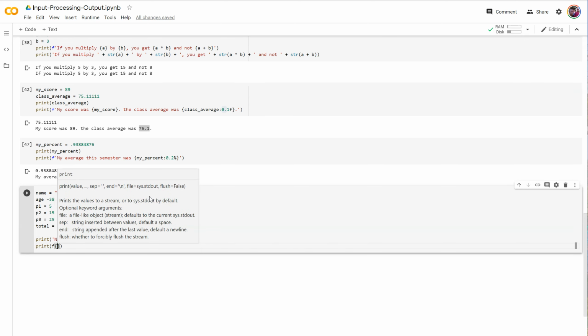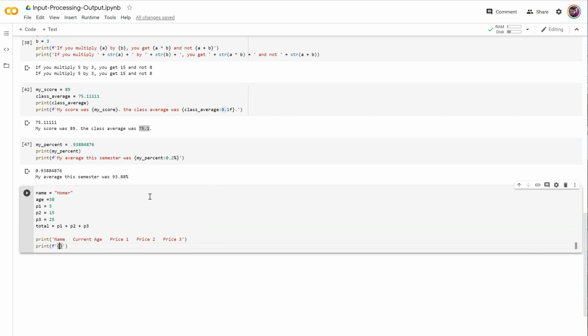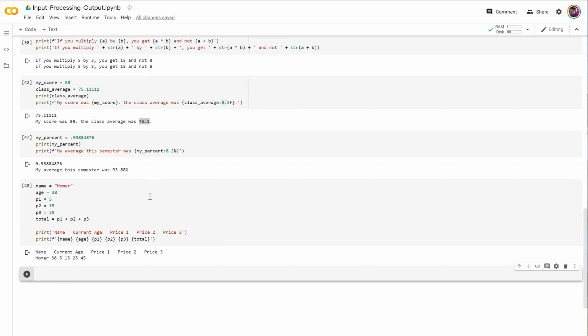Now I'm going to do F name, age, let's see here, P1, P2, P3, and total. All right, so I go to print those things out, and I say, oh shoot, I wanted this